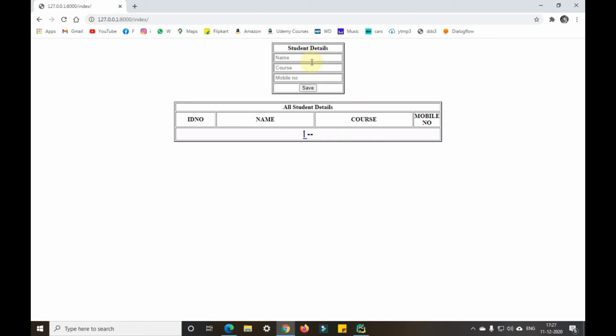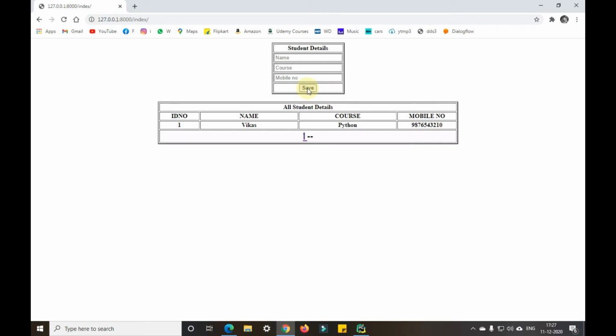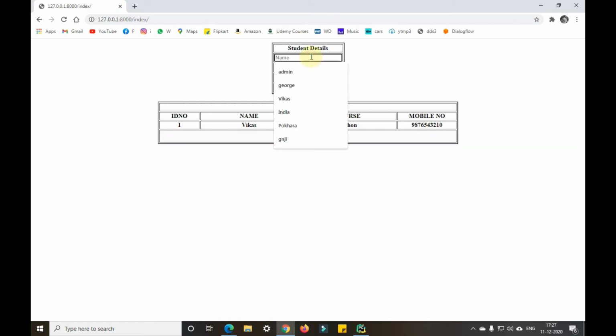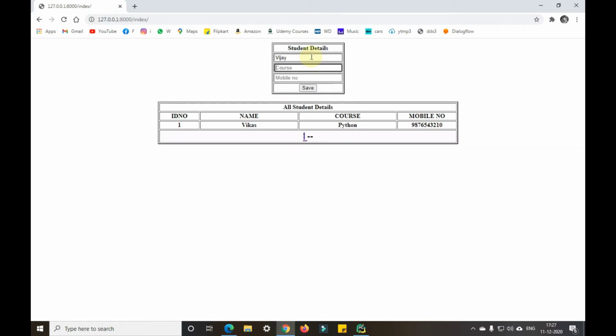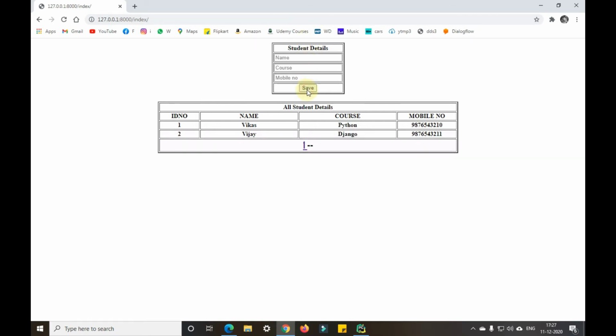Now I'm entering the first student name as Vikas, course as Python, mobile number as 9876543210, save. Another student is Vijay, course as Django, mobile number as 9876543211, save.